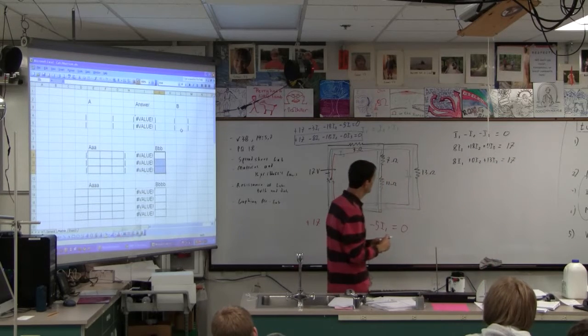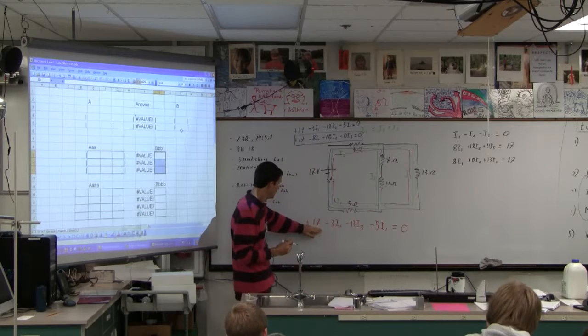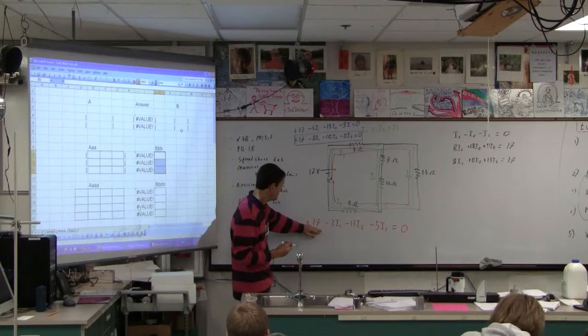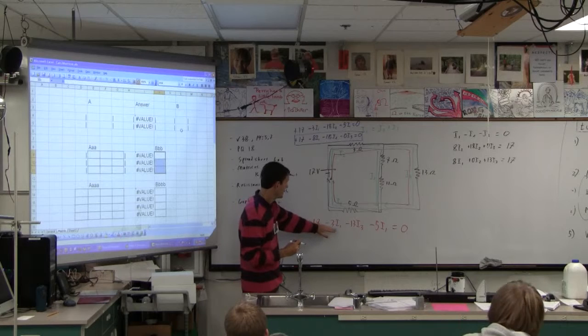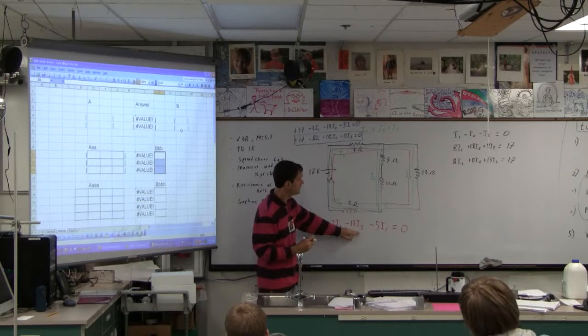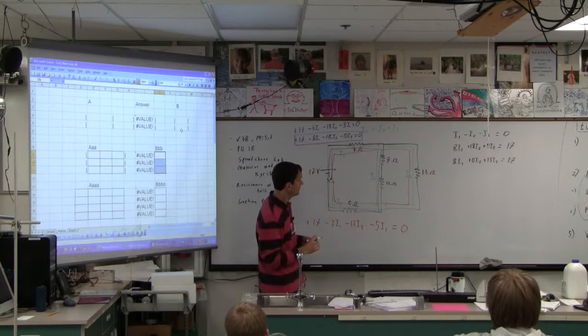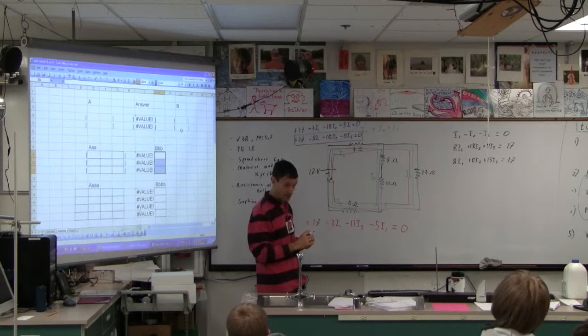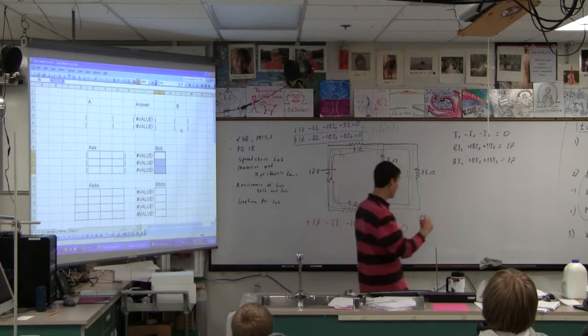equals 17. Is that right? 17. So we've got 8 I1, 13 I3, but there's no I2s in there, right? And now you know where we're headed, yes? We set up a matrix,